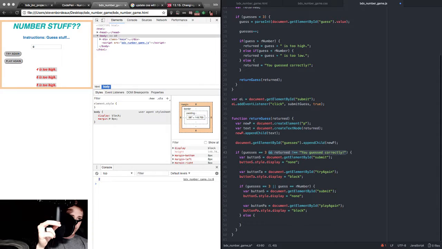If 3 guesses, if they guess the correct number, yeah, we can just do that. We can just do that. Look at this. We can get rid of this entirely, and it's just adding more code to the bottom. So if it's 3 guesses, do all of this cool stuff, right? And that makes sense. The next bit is if the number is correct, then